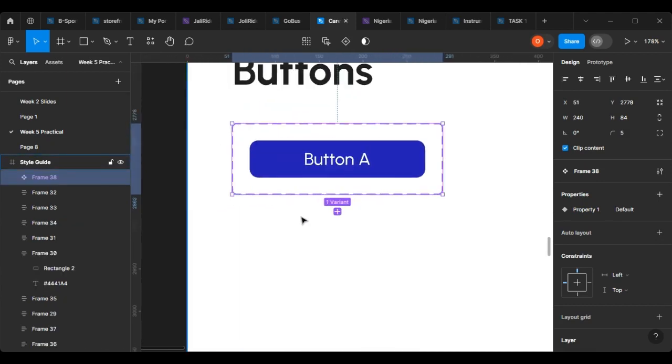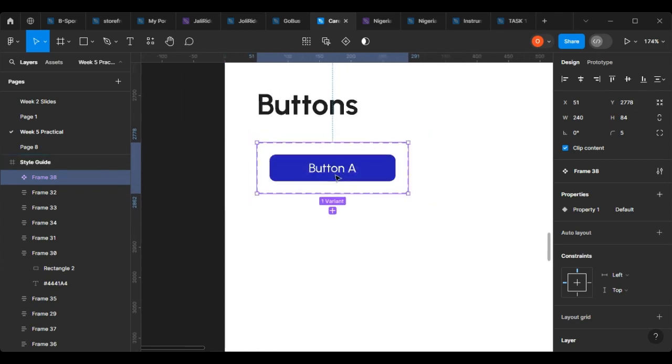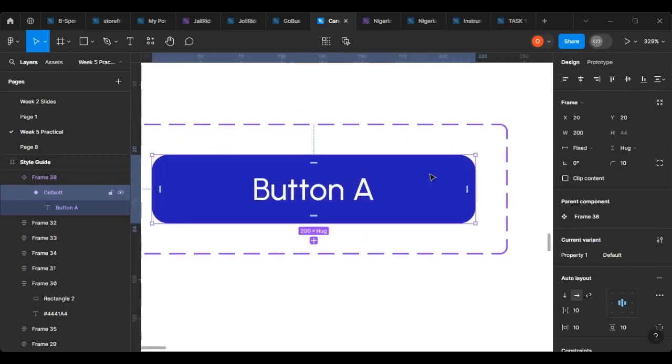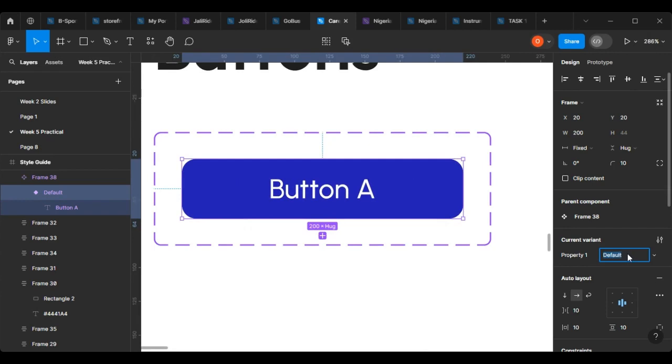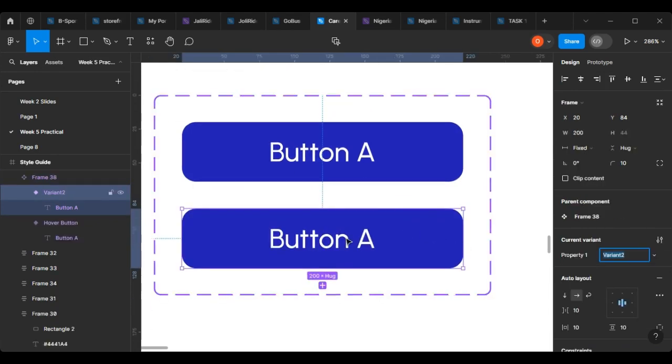Now the next thing we're going to do is create 4 buttons, but we want all of them to be inside one pack. So now we've created our pressed, or let's say I will create our hover button. So let's come here and change this to hover. So this is going to be the hover button, which is the primary button. Now the next one, so you can click here, add more variants. So this is going to be active button,